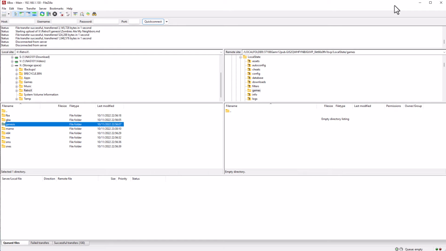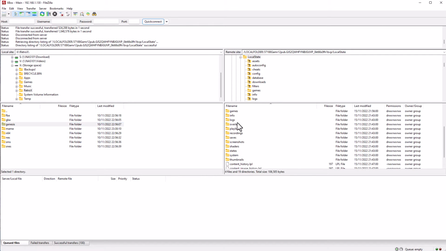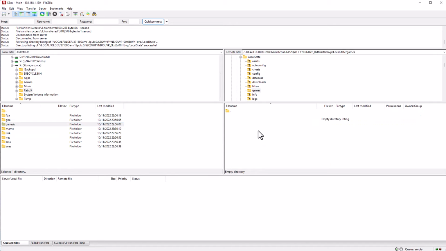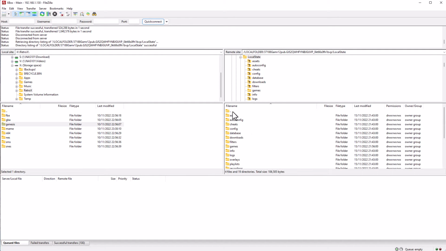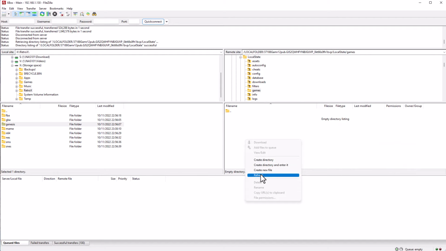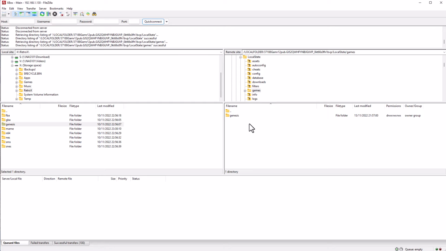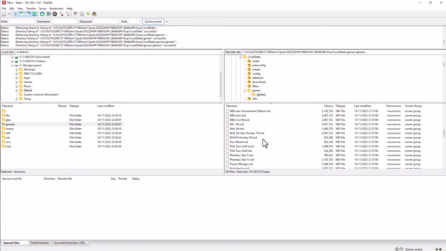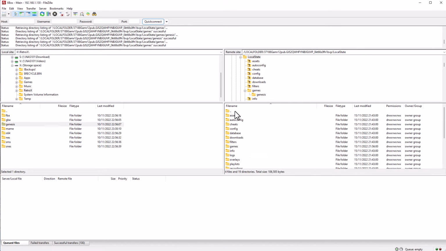So I skipped forward very slightly there, but they've all finished copying across, and then you should see them in the games folder. So just coming out of the folder, go back into the folder. Doesn't always show up first time, so this is me just coming back out and going back in again. But if they don't show up, just right click and refresh, and there we go, pops up now. And then open that just to double check, confirm there, and there's roughly the top 100 games that are